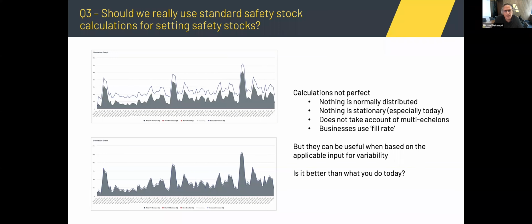And the ultimate arbiter is, how are you doing on your service levels, your ability to fulfill orders at what inventory level? If you're able to apply these techniques and show that inventory is decreasing while service levels are maintained or increasing, you're doing the right thing, even if you accept the fact that the calculations themselves may not be perfect. It does keep you driving in the right direction.